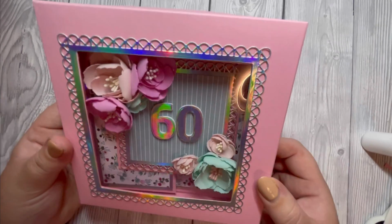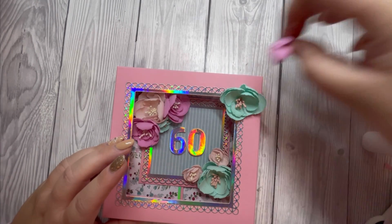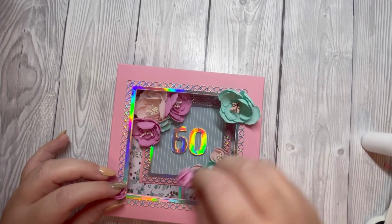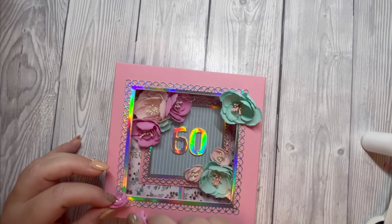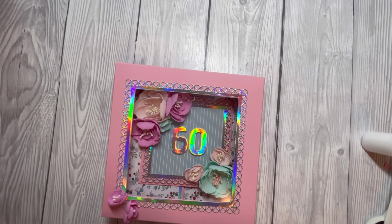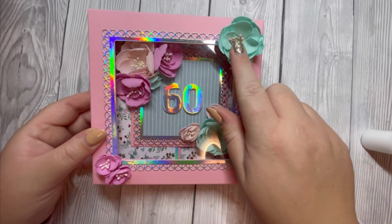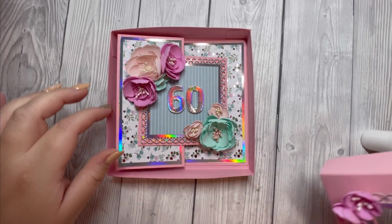The lid just fits over the top there. I'm just going to add my spare flowers. I think one there and maybe two little ones there to just balance it off. Yep, let's go for that. So there we go, there's the completed box with finger pulls. As you can see, I've added the spare flowers on the top there. And then we have the